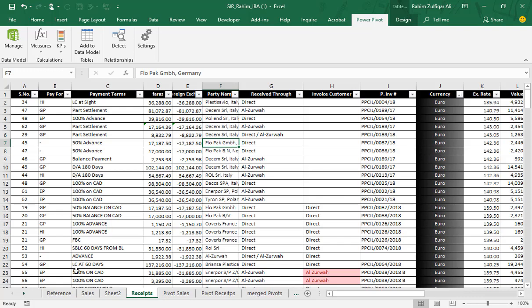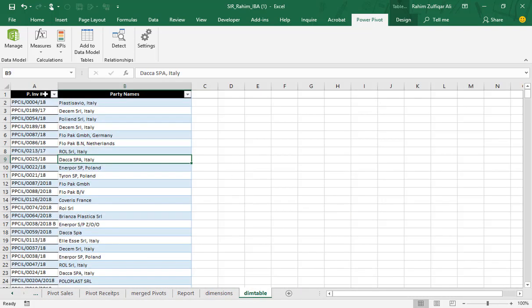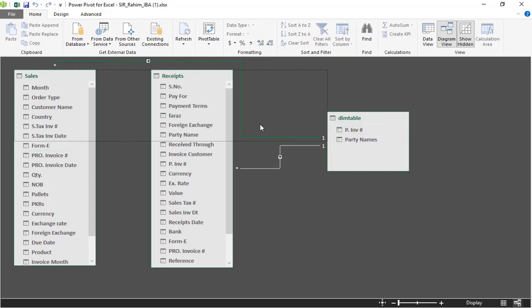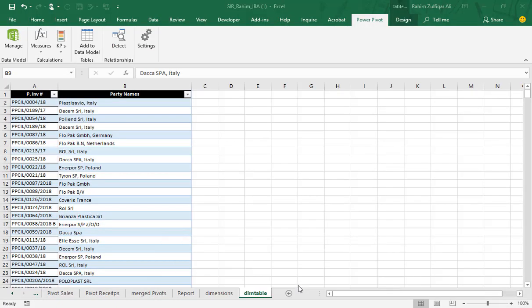So we have connected these two tables which create the actual transactions with one more table, called the dim table, which consists of a primary, unique list of invoice numbers and party names. We created the relationship between these two real business transaction tables and the dimension table, with the invoice number common at both ends, and we created the Power Pivot out of it.